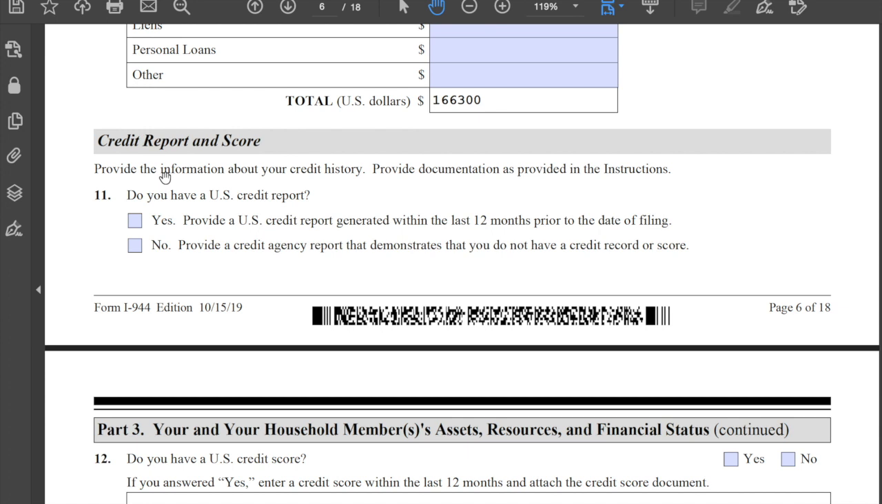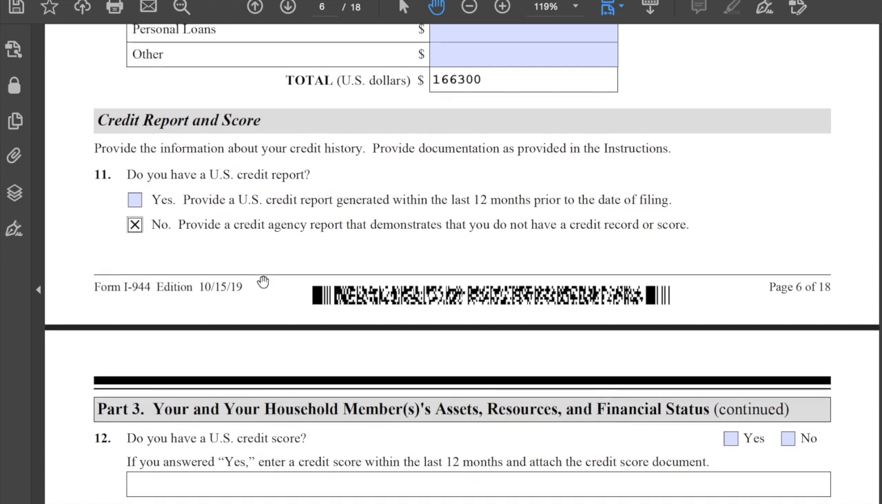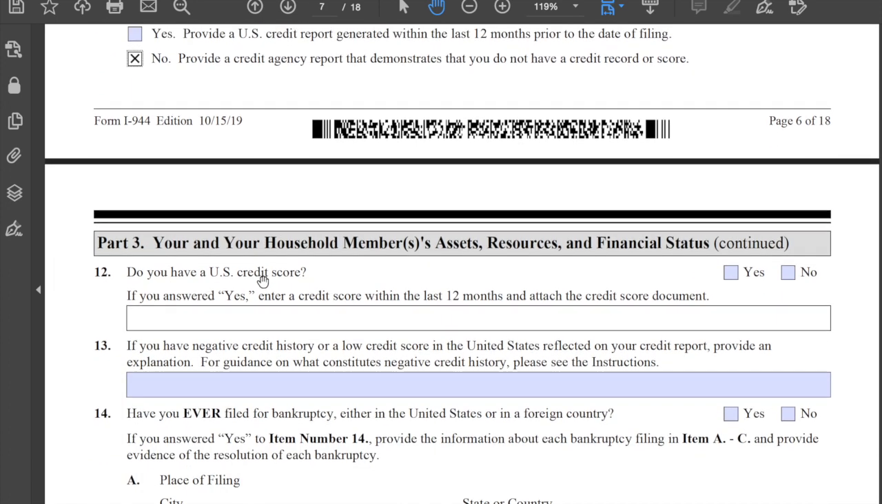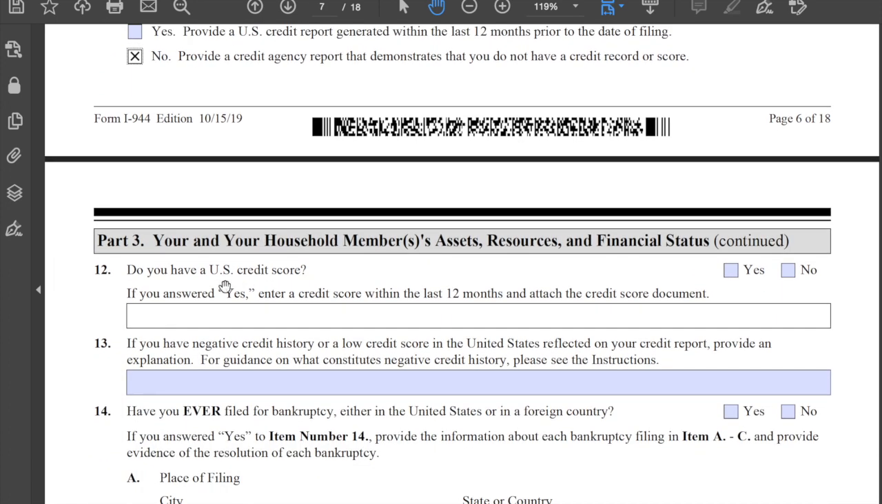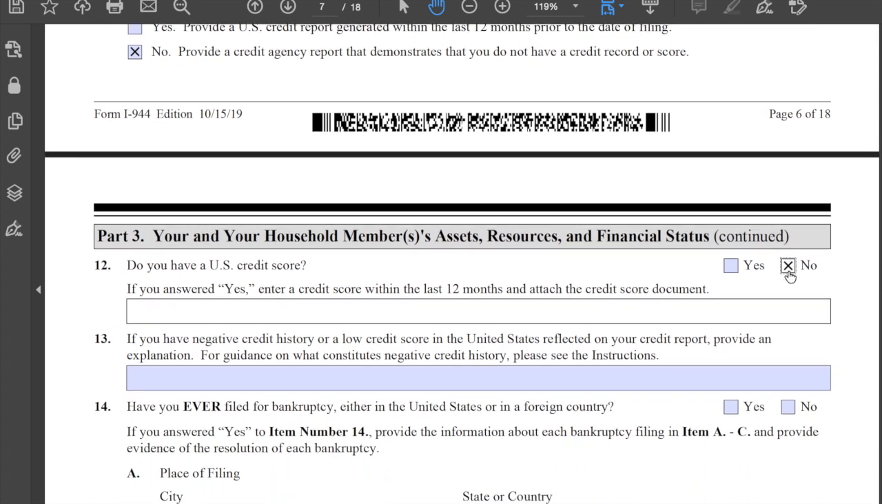Credit report and score. Provide the information about your credit score. Provide documentation as provided in the instruction. Do you have a US credit report? So no, because I just moved here. Provide a credit agency report that demonstrates that you do not have a credit record or score. So do you have US credit score? So no. So you have to provide